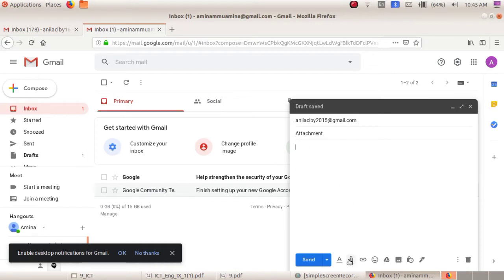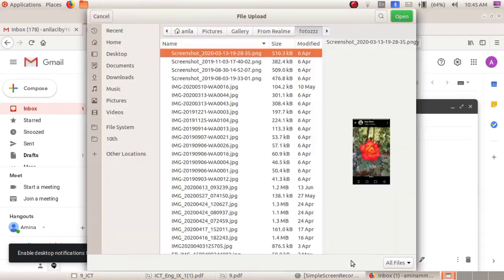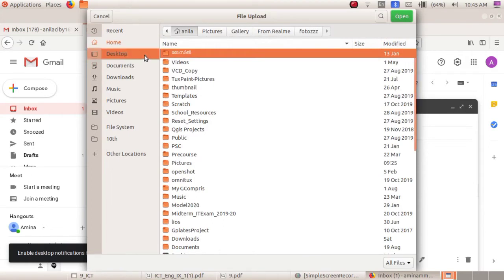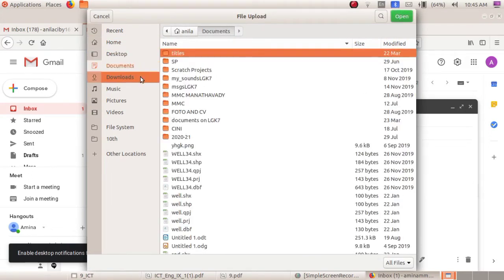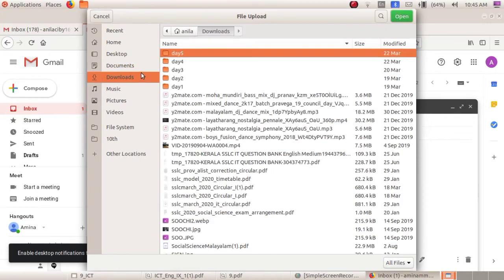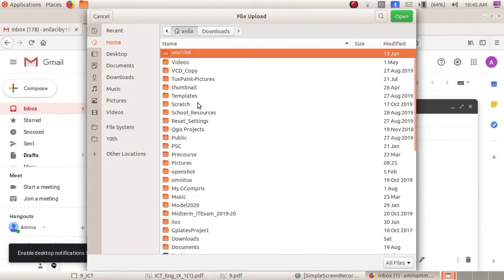Otherwise, click on this attach files option. You can select anything from your computer, any document you can send.